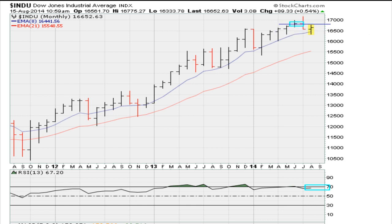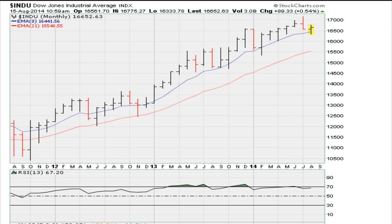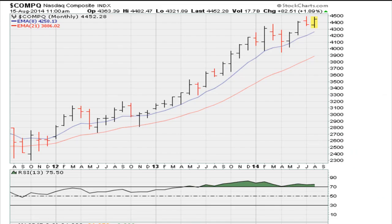and the market could continue moving higher. So let's respect that. You can also see that on instances where the market was above 69.10, like this general area here in 2013, the market had a nice run. You can see that period corresponds with this period where the market was above 69.10. Let's take a look at the Nasdaq on the monthly chart. You can see the Nasdaq continues holding above 69.10